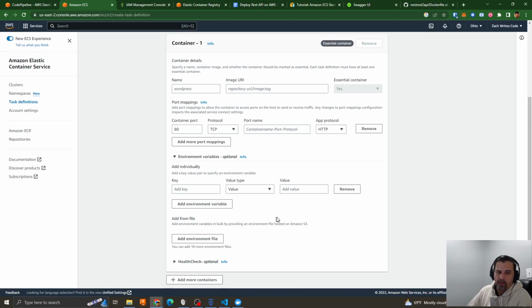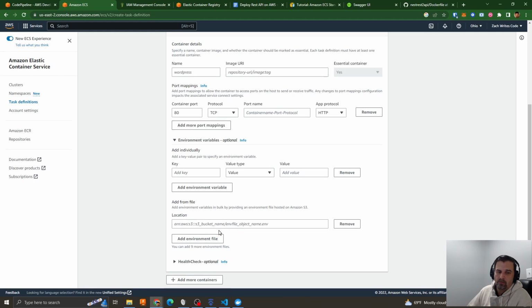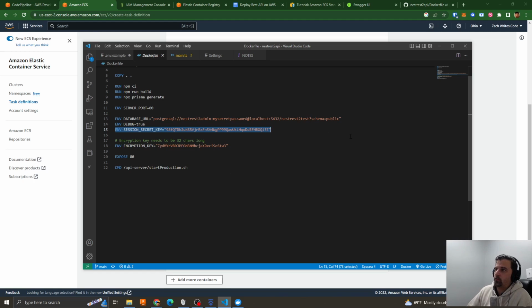But you'll notice that even Amazon has some other things that you can do. You can add an environment file that you store in a secure AWS bucket. There's even things that you can do from an application standpoint in your code. So in code, you could write code that will connect to, let's say, an Amazon key management system or some other key management system. Ideally, not the database that this is connected to. You don't want to store the same keys